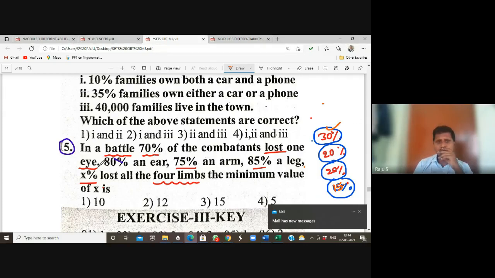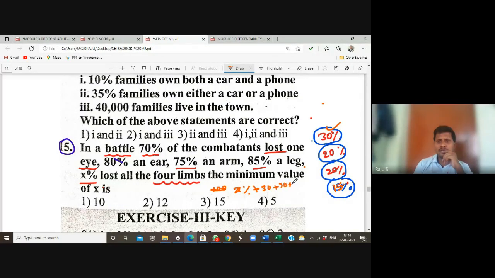In the same way, 80% means remaining 20%, 75 means remaining 25, 85 means remaining 15%. But here the question is X persons lost all the four limbs. The minimum value of X: we consider that total is 100. Like minimum is X percentage plus this 30 plus 20 plus 25 plus 15 should be equal to